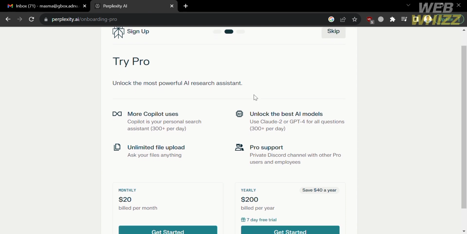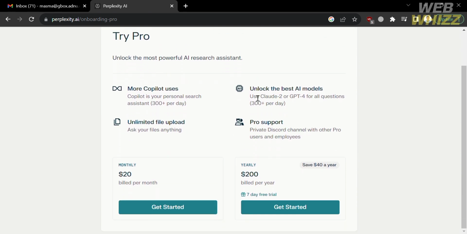And upon clicking on it, you will see some of the plans that you could avail to try their pro account or upgrade account. Below, you will see some of the benefits it offers, such as more Copilot uses, so you can also have 300 plus personal search assistant uses per day,